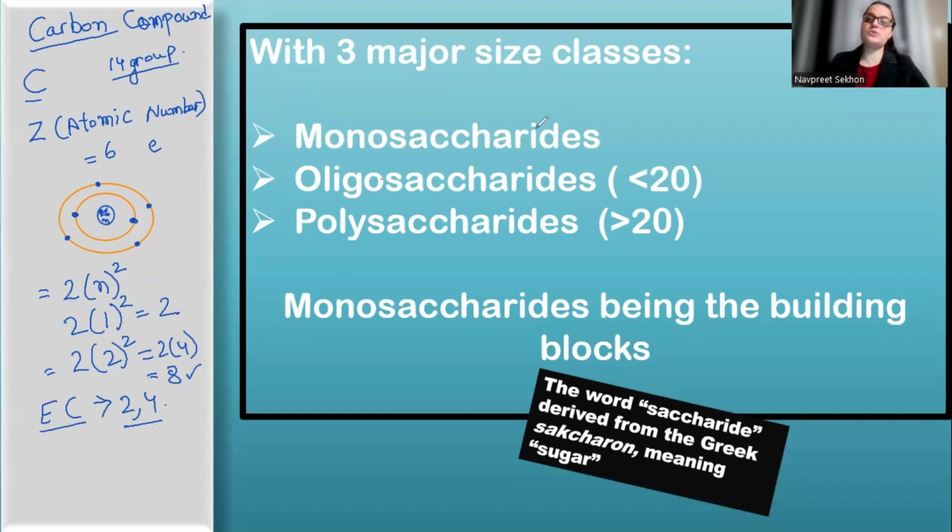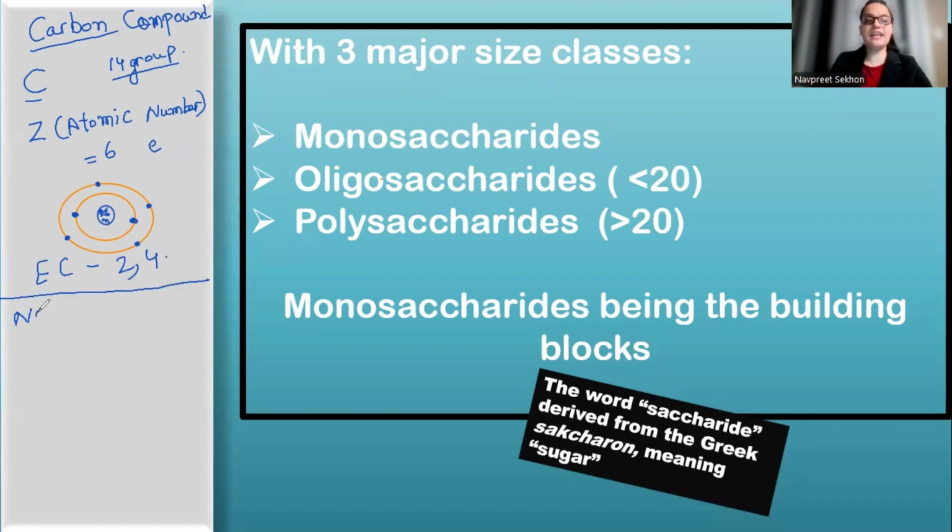Now, why do we need to discuss the noble gases? The noble gases are in the 18th group of the periodic table. They are also called inert gases, right? Why are they called noble gases? Because they don't react. No matter how much the other elements of the periodic table provoke them, they just don't react. That's why they are called noble gases.